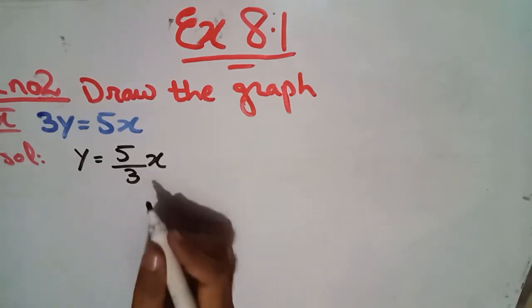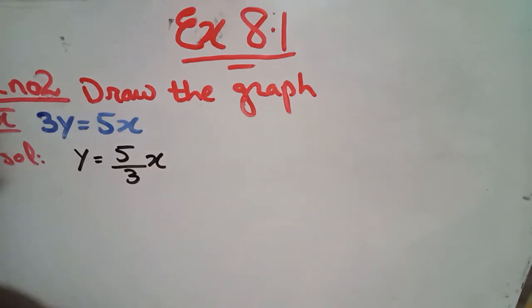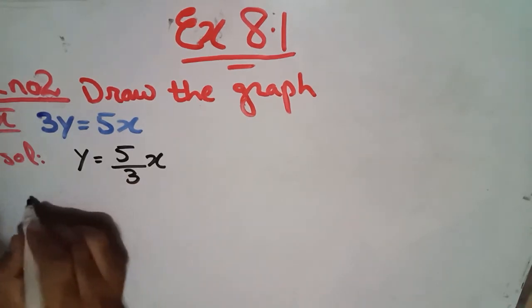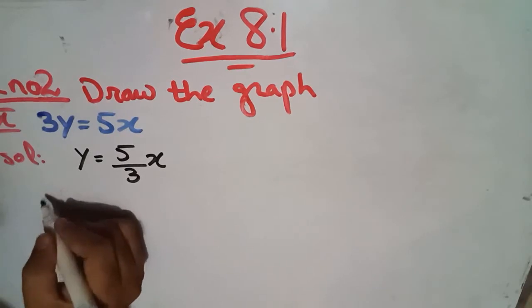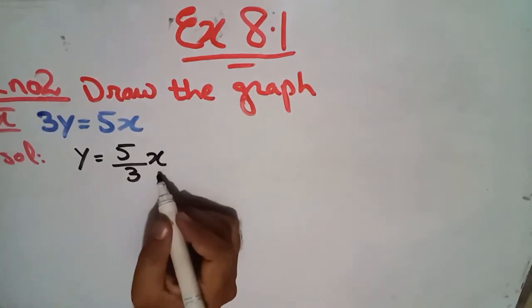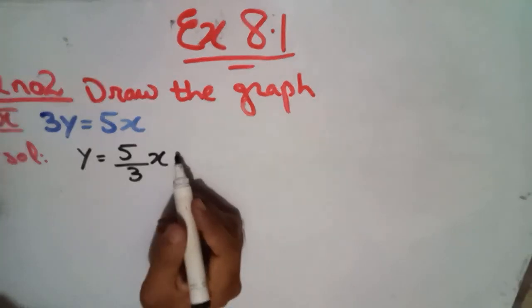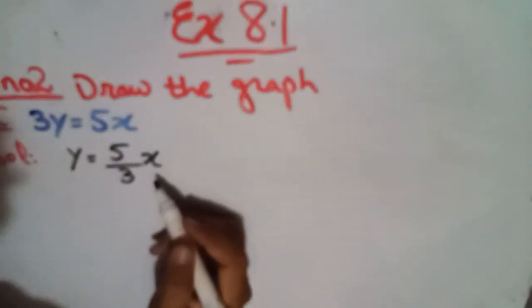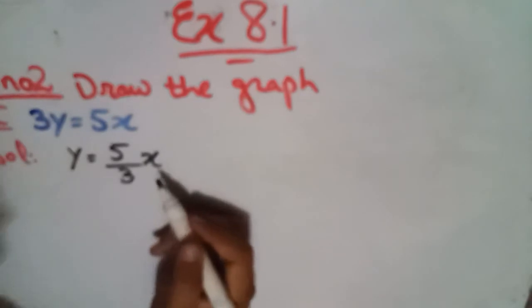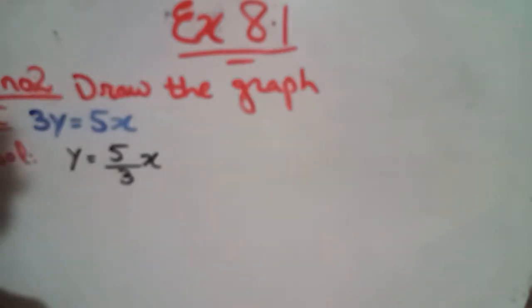So I will suggest you to put the value of x that will give you a whole number value, not in decimal point, the simplest whole number value. So I suggest, like I am doing, suppose I take the multiples of 3, because 3 is in the denominator, so it will cut off all the values that are multiples of 3.